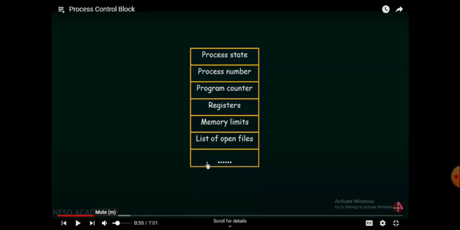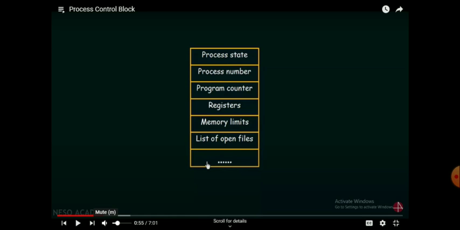Every process will have a PCB, and by using the PCB, the OS will manage. Let me explain each and every field.